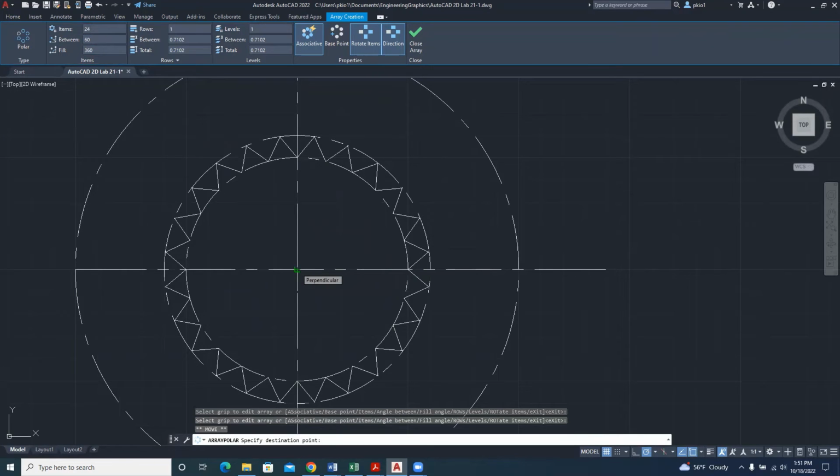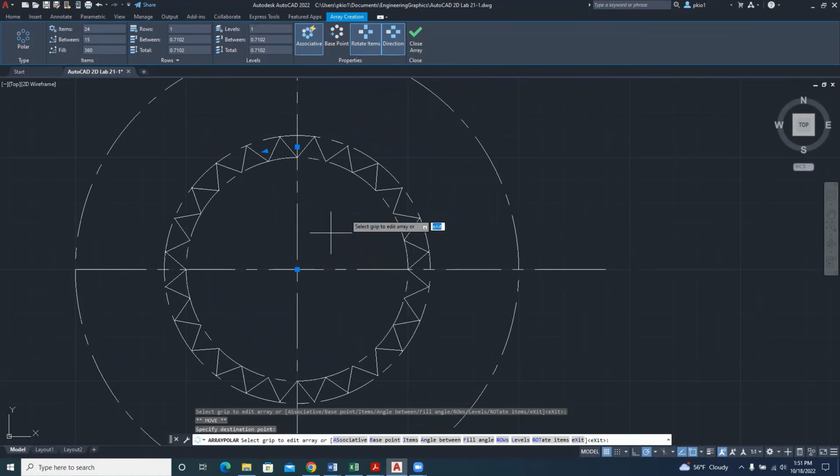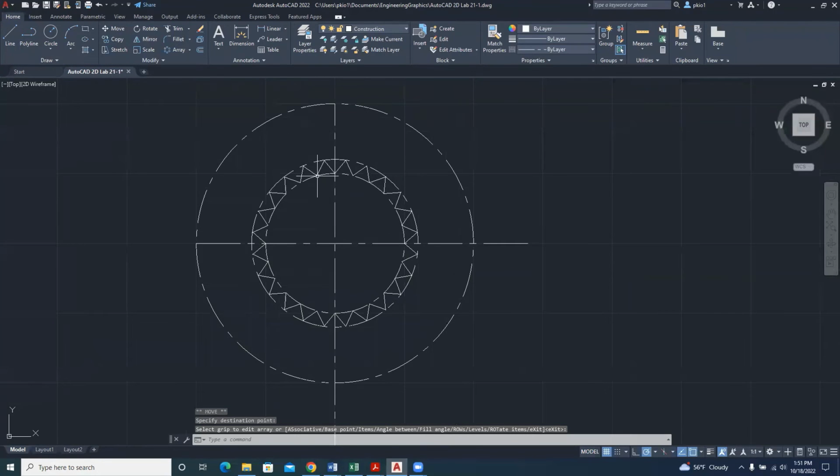Perfect. So we have our array, and then I'm going to click, drop it, and then close array. So 50 degrees works,